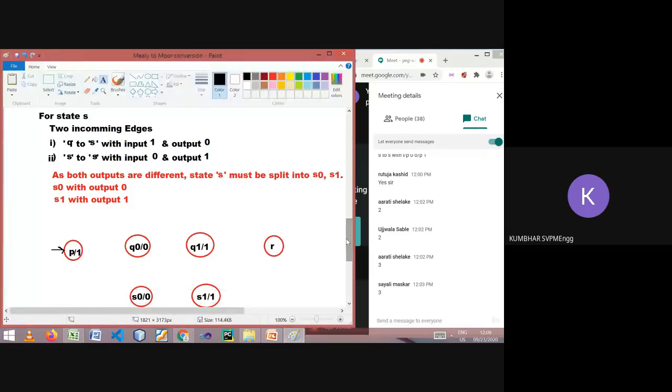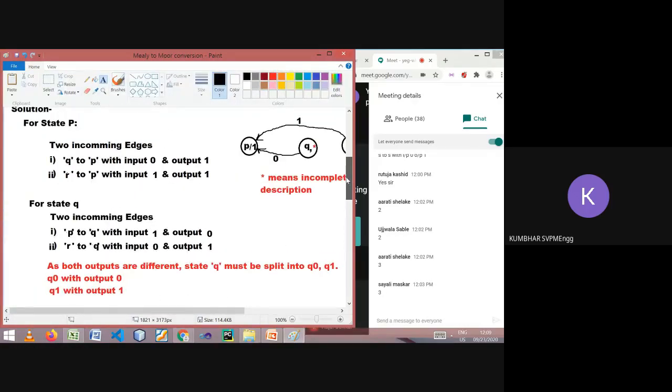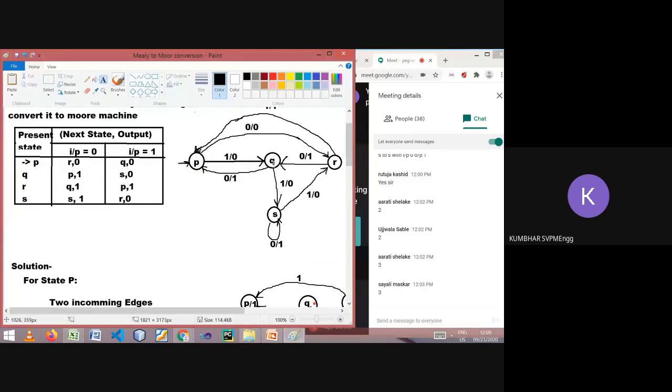Okay, let's start now. For state P, there is an incoming edge from Q to P with input 0 and output 1. So how many edges are there? Here is a single state Q. From Q to P, there is one incoming edge.